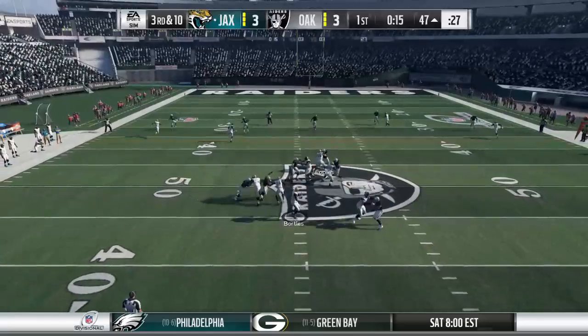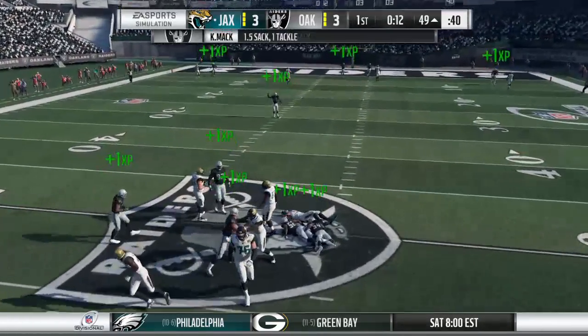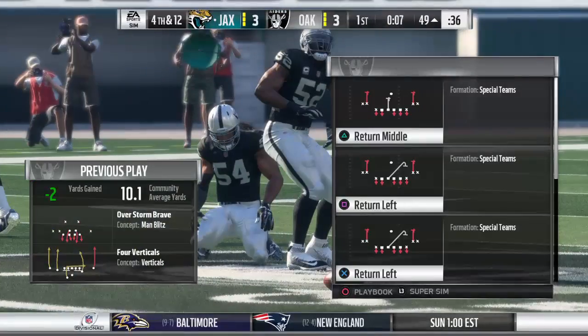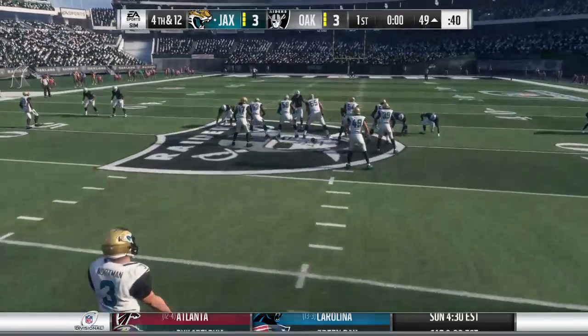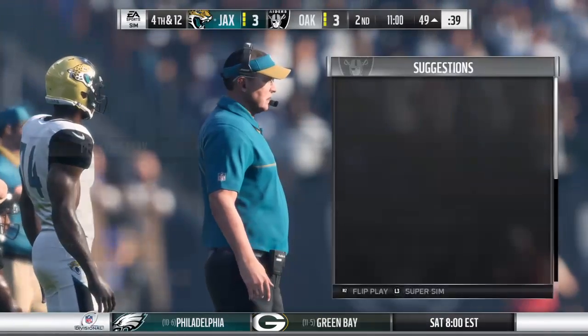Throwing his Bortles on 3rd down. And the Raiders have got him. Khalil Mack able to drop him for a loss of 2, and that'll bring up 4th down. And we say it all the time, have to be able to get rid of the ball sooner than that. You have to help your offensive line out. They're going to protect you as best they can. And if you're getting 3 to 5 seconds to throw the ball, they're doing a really...